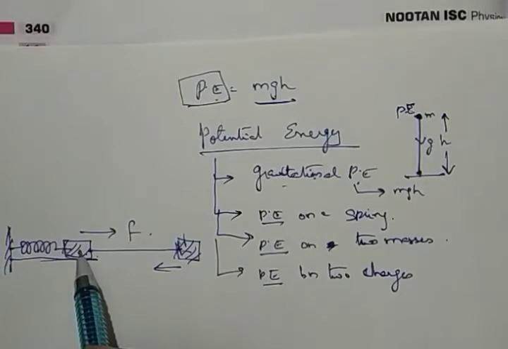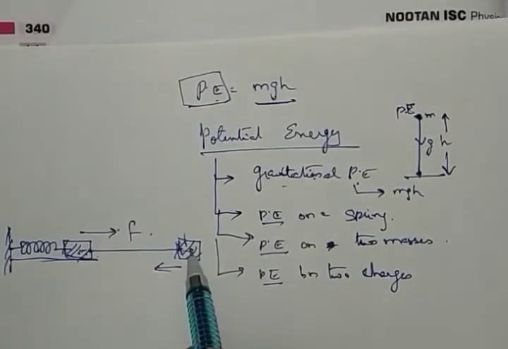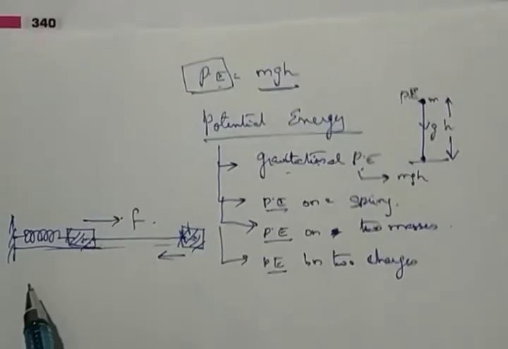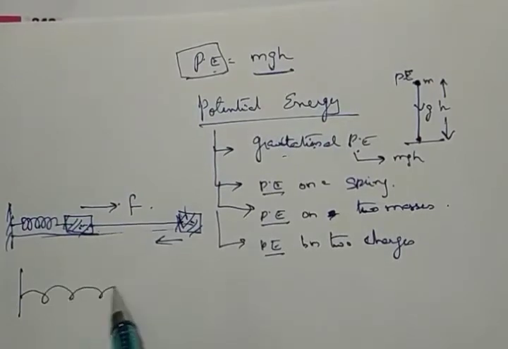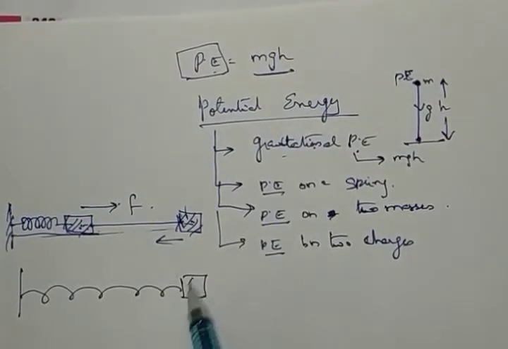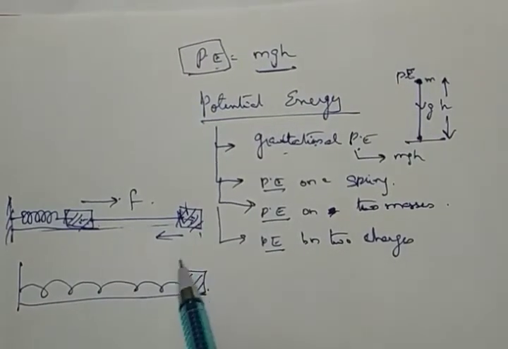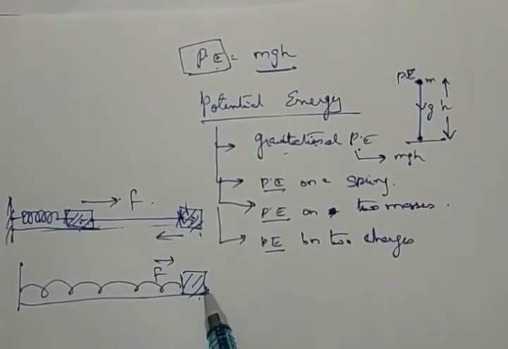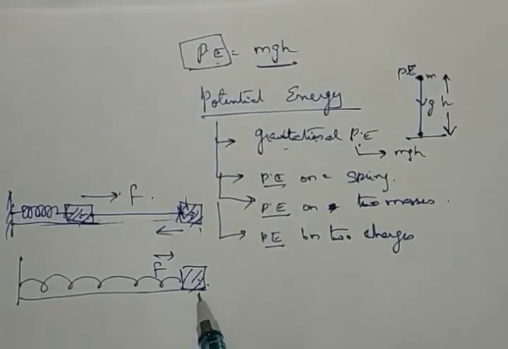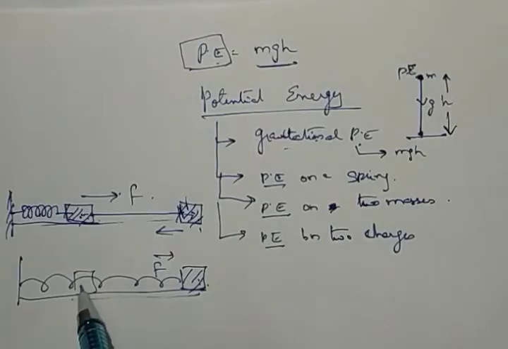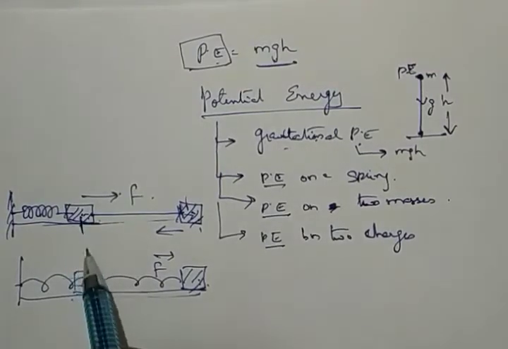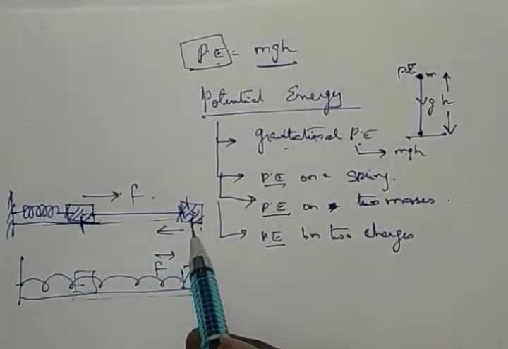Now you apply an external force and pull it to this much distance. What happens here? The spring expands and the body is here. This position is because you gave an external force. You leave this body here, what will happen? It will quickly come back to the original position, or it will go beyond that, compress the spring and then start oscillating for some time. Now this is the original position, and this is a changed position.